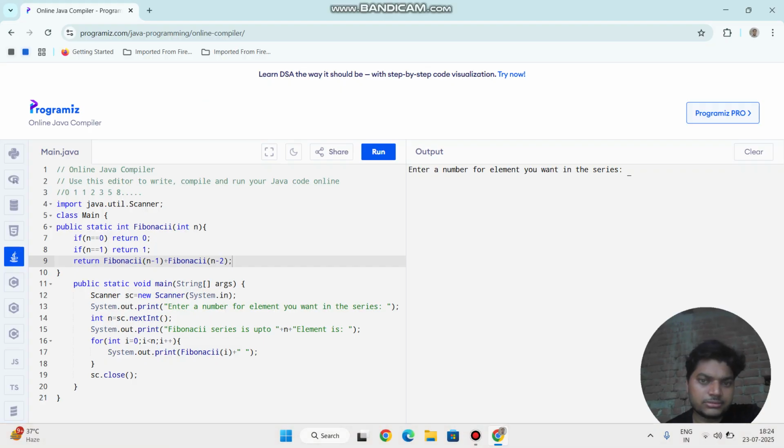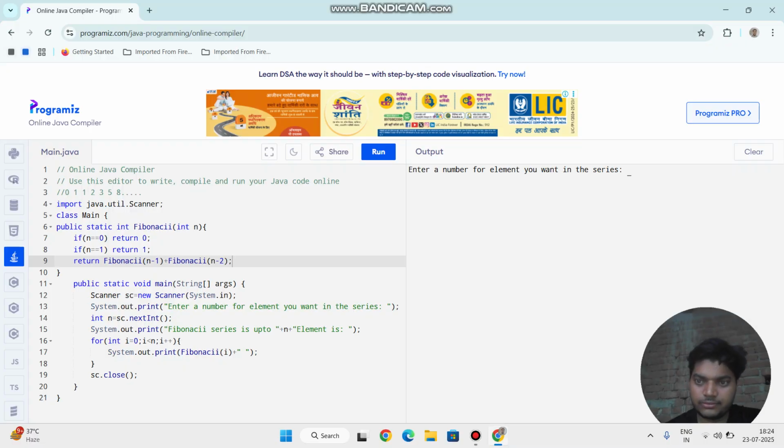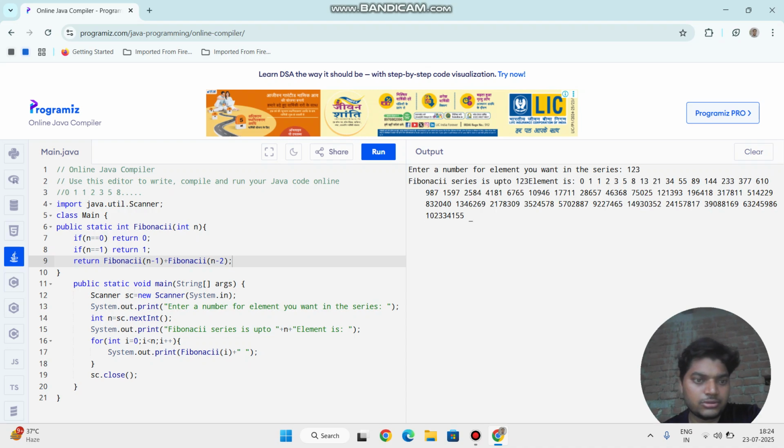So what is recursion? Recursion is a function calling itself, and in Fibonacci, the third term is the sum of the previous two terms. Okay, so this is the code for the Fibonacci series.